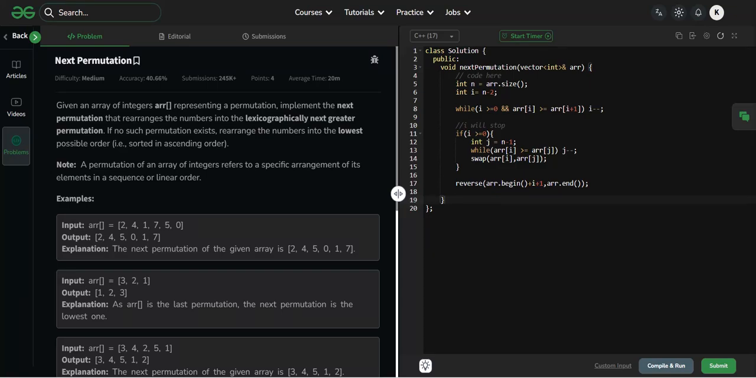Today I came up with a new sum which is next permutations. So let's dive into the sum and I will explain both the approach as well as the code implementation. In the sum, they are given an integer array which represents any one of the permutations, and we need to implement the next permutation which rearranges the numbers in